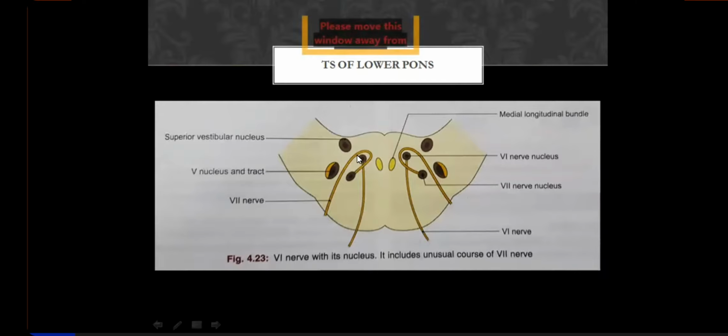So it is this abducent nerve nucleus you're seeing, and it's the motor nucleus, right? It is placed most medial in the brain stem because its functional column is general somatic efferent, so it is placed most medially. Then special visceral efferent, right? Special visceral efferent will be lateral to general somatic efferent. So special visceral efferent, you find, is the nucleus of 7th nerve, the motor nucleus of facial nerve.